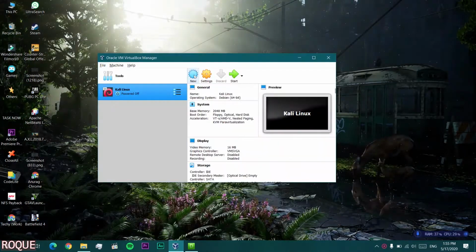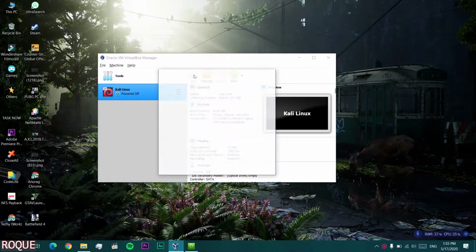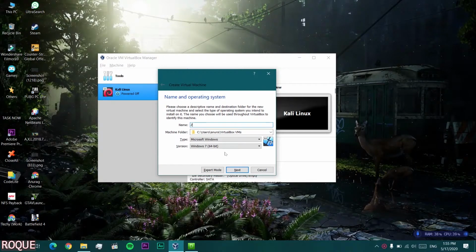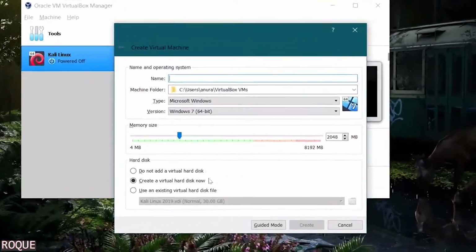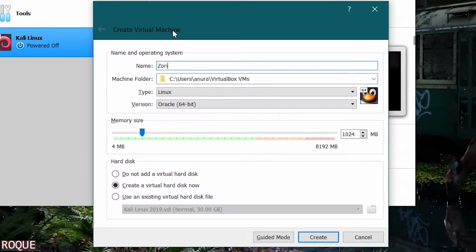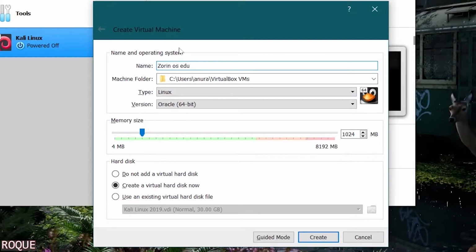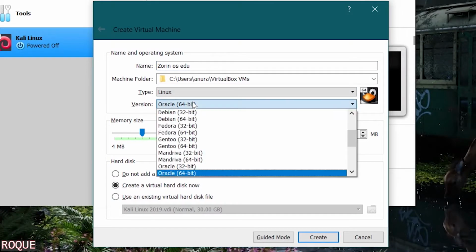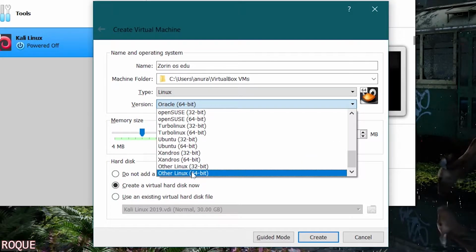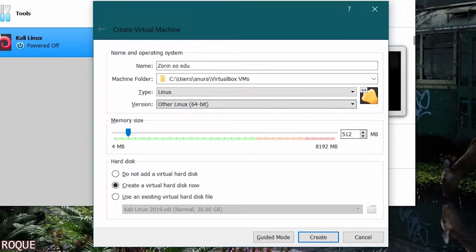So you need VirtualBox. It's Oracle VM VirtualBox Manager. So just create new and hit the advanced mode. Then enter the name of your operating system, that is Zorin OS. You can enter whatever you want. And this is a Linux based operating system, so you need to select Linux, and in the version, the other